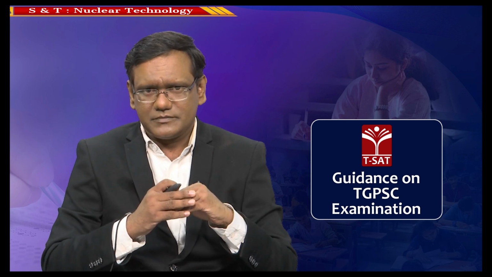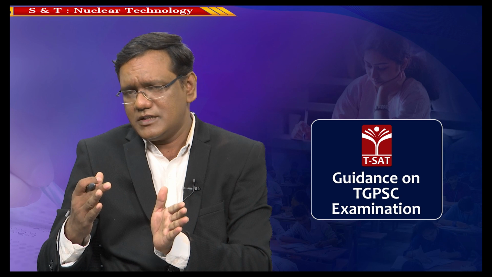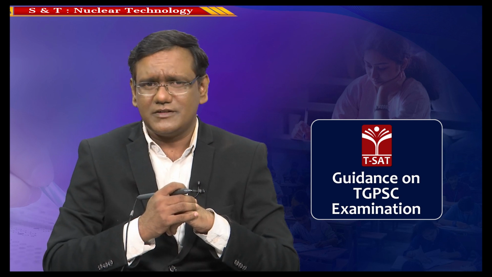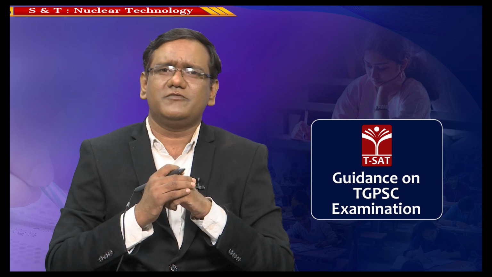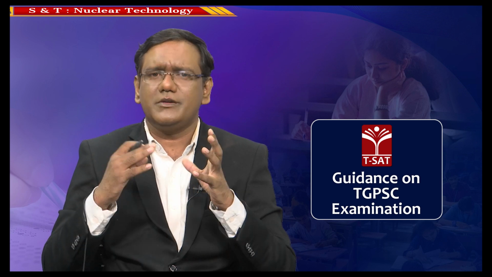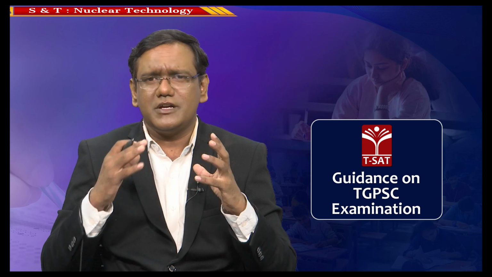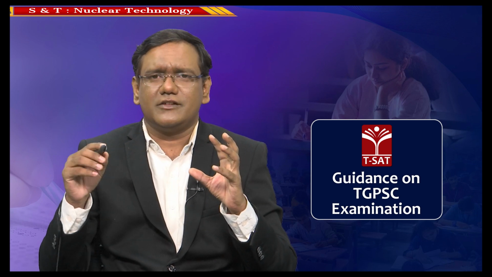We all know that. But what about the thorium? We have huge thorium resources, right? In order to use this thorium also, India is coming up with a nuclear cycle where